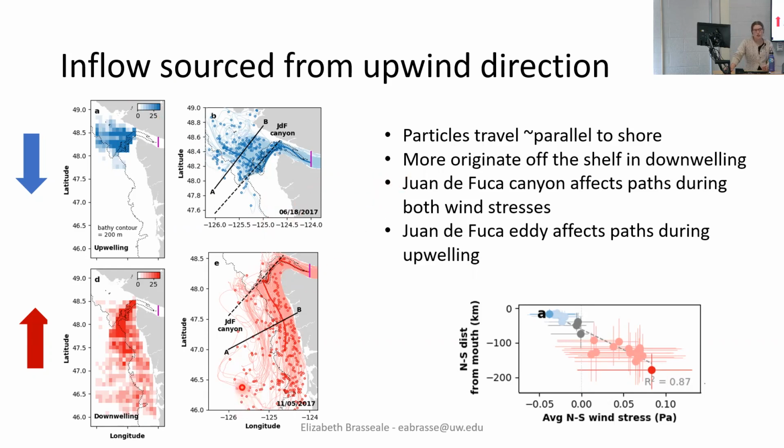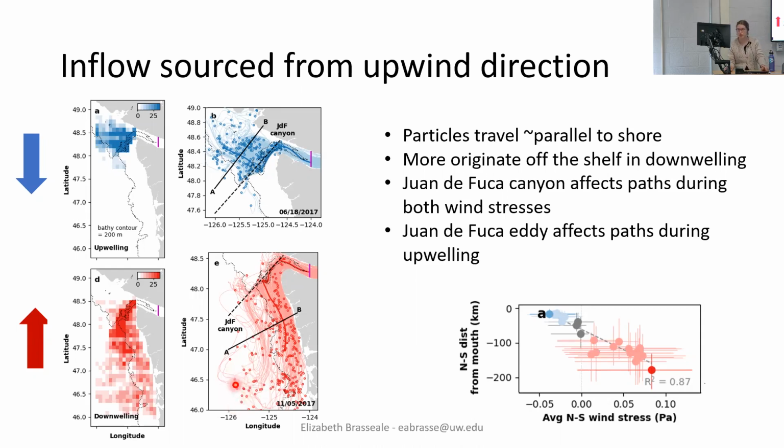During the downwelling experiment, we found more originated, and you can still kind of see where this contour is here. That is the 200-meter isobath. You get more particles that originated off the shelf and over the slope